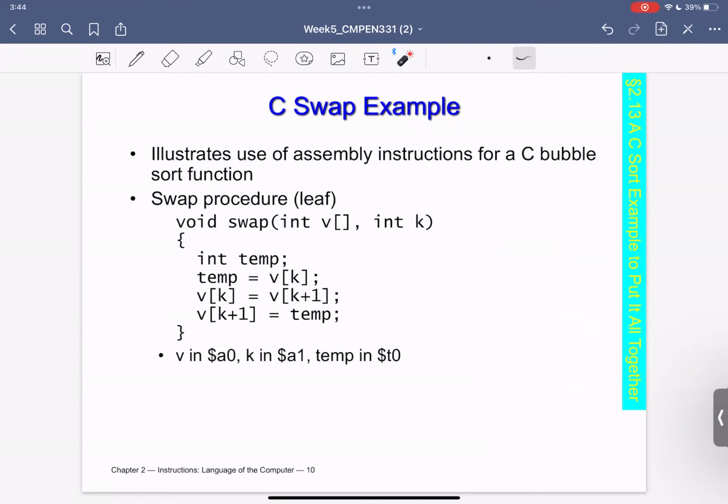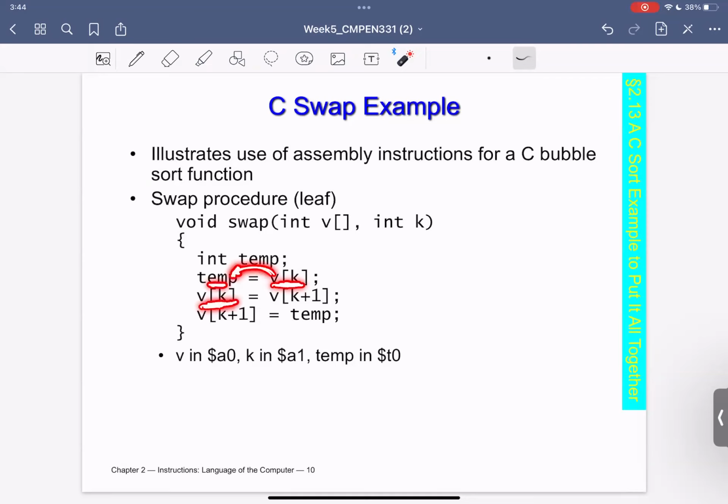Of course, we need to create a temporary register. This integer temp: I am now initiating a variable called temp. I will save inside this temp whatever I have in V of K. So now V of K is in temp. Then I can overwrite whatever is in V of K right now, since I have already saved V of K in temp.